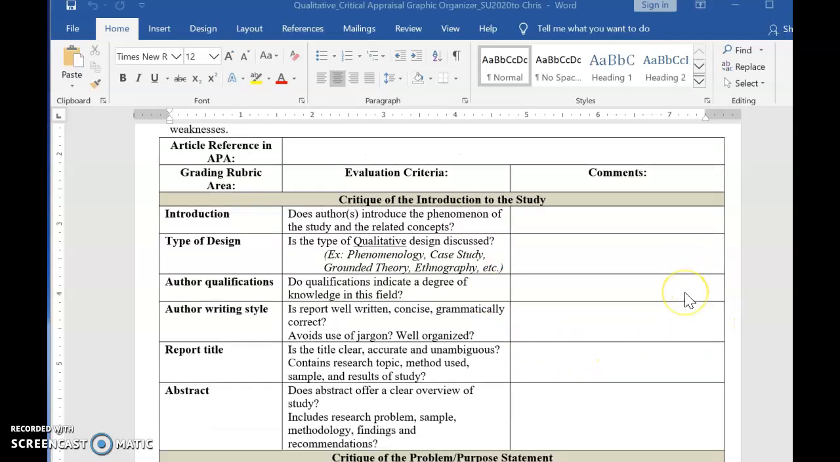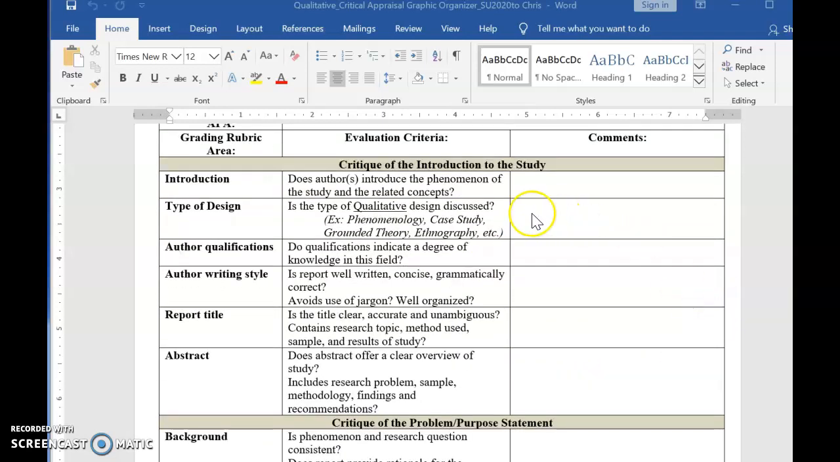So you're just continuing to go down this list and say yes, no, it's a case study, it's a grounded theory. The qualifications, yes. Author writing style, you want to evaluate how the report is written. If it's really not written with very good grammar and syntax, then it would make you wonder about the quality of this article and the people who are writing it, since they should be having good qualifications to do this